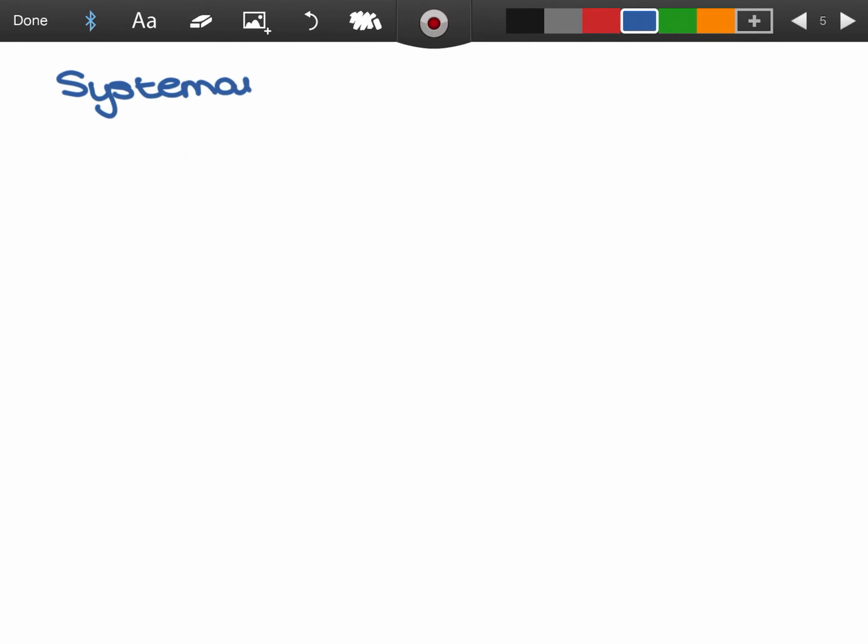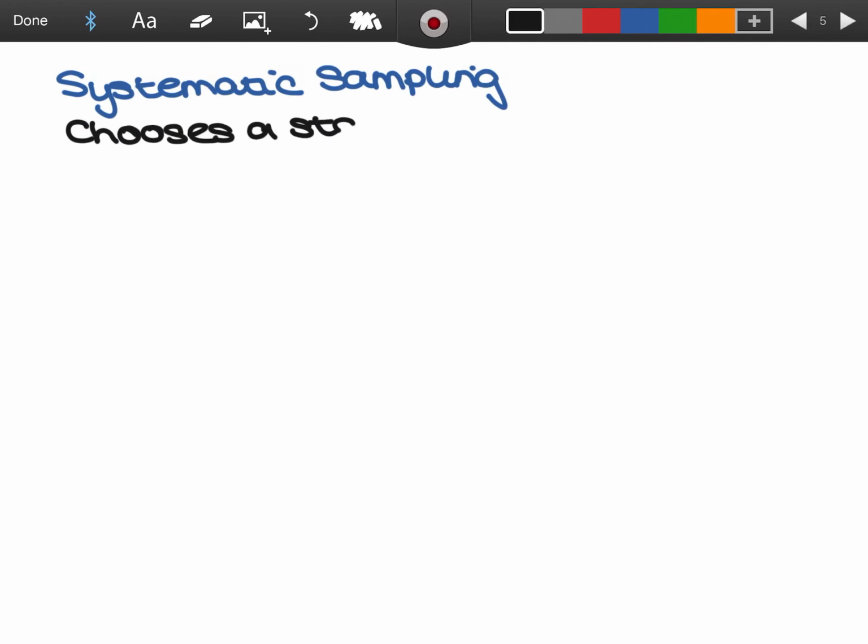Another type is systematic sampling. What this does is it chooses a starting point, and then it will take every nth or kth person of the population to be in that sample. So I could start off with a production line of, let's say, 100 objects, and I want to take a sample of 10, so I could pick every 10th object off of the production line and use that for my sample. So systematic sampling chooses a starting point,